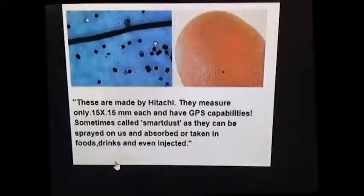So this is the one that I said looked kind of square to the naked eye, and it is square. And this is magnified 100 times. It just seems kind of odd that this would fall from the sky, you know? Yeah, it is kind of odd. So if anybody can recognize this one...